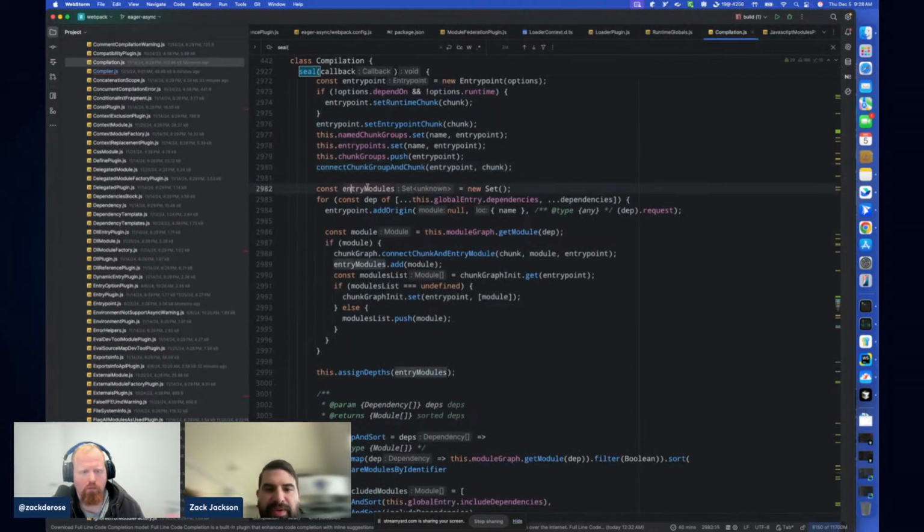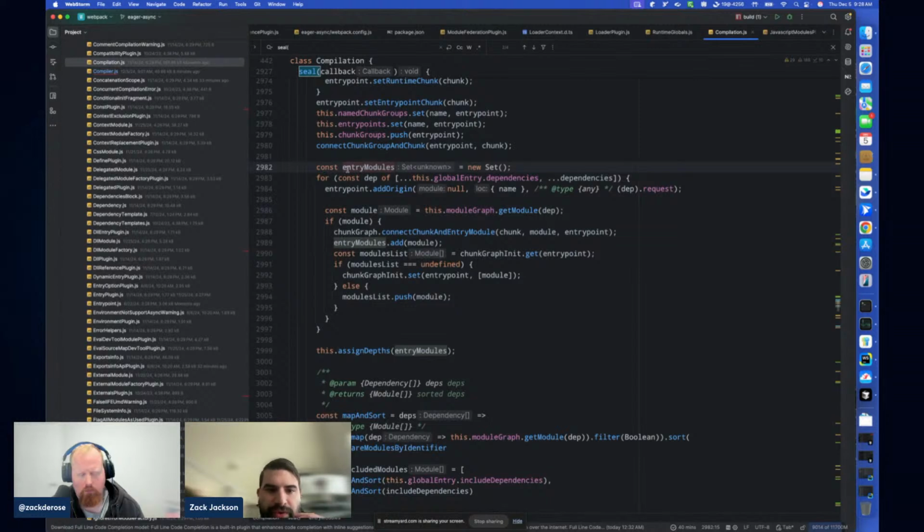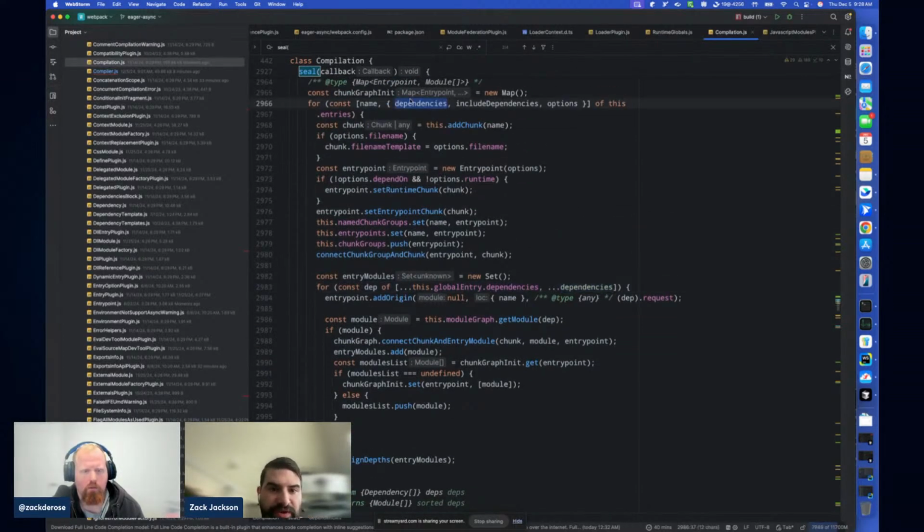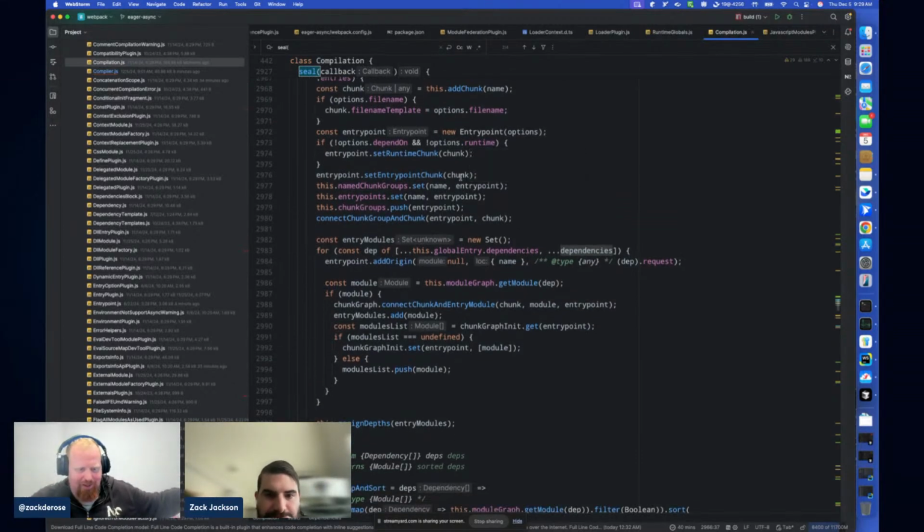And then in here we go, okay, we have all of our entry modules, we create a set for them. We get any dependency, like global dependencies, which is a whole other thing, as well as the dependency graph of each entry point. So on there, this would be like a giant nested array of everything you import. So if React is there, this would be React, then React DOM. And this was all done in the linking step. So this is kind of where we're getting to that linker,